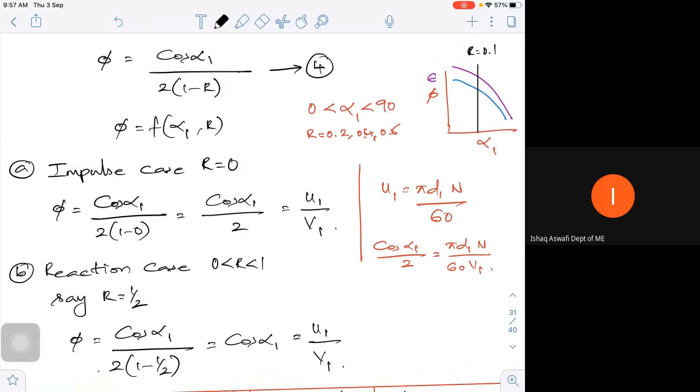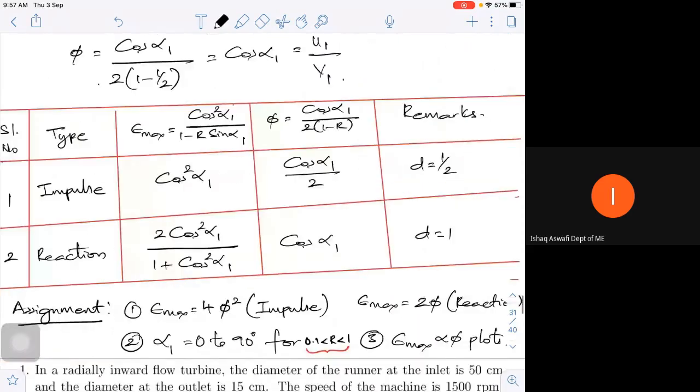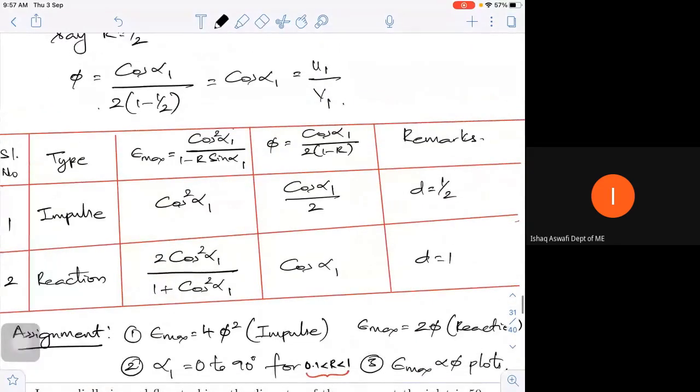All these numbers can be verified by putting in Excel. You'll get an idea what's happening over there, and why I have to plot it. By plotting it, you can see for what value of alpha 1, or for what flow angle, I'll be able to see the maximum utilization of the turbo machine. That's the beauty of these expressions. I have made a simple table; go through the derivations I have done and just cross check, that's it.